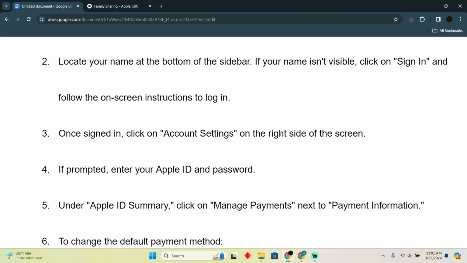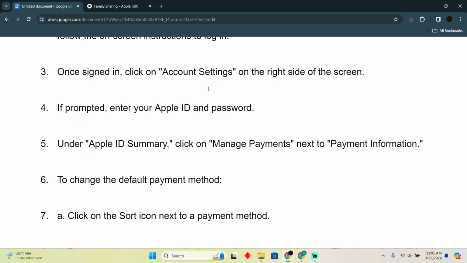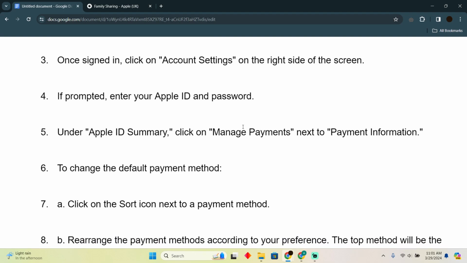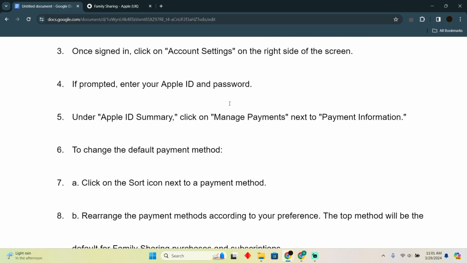Now in the account settings on the right side of the screen, if prompted, enter your Apple ID and password. After doing that, there should be an option for manage payments under the Apple ID summary. So just go to manage payments, and in manage payments, you just have to change the default